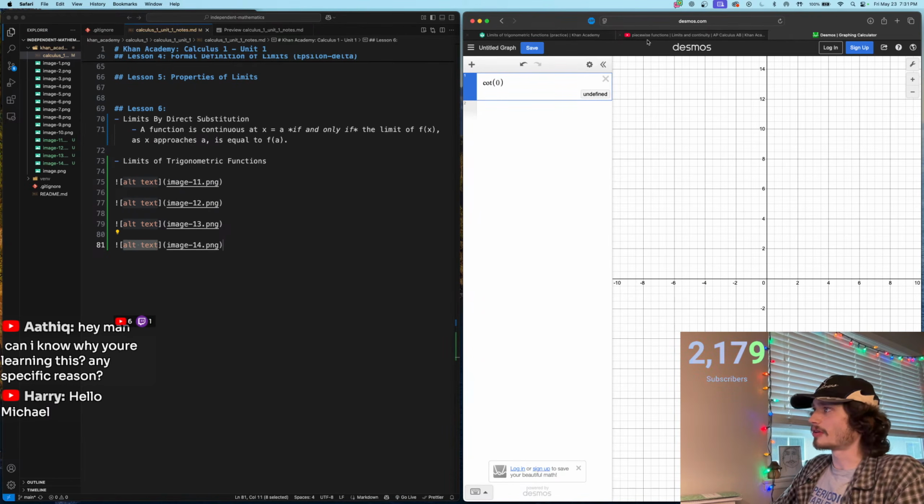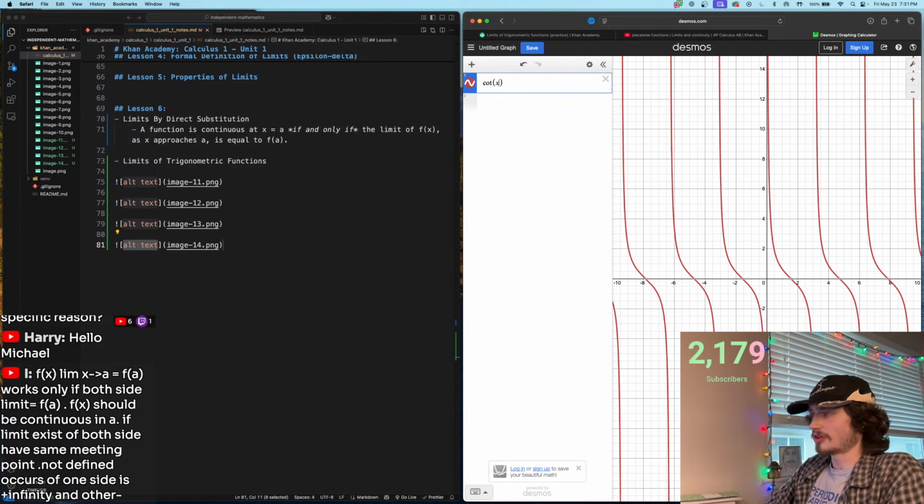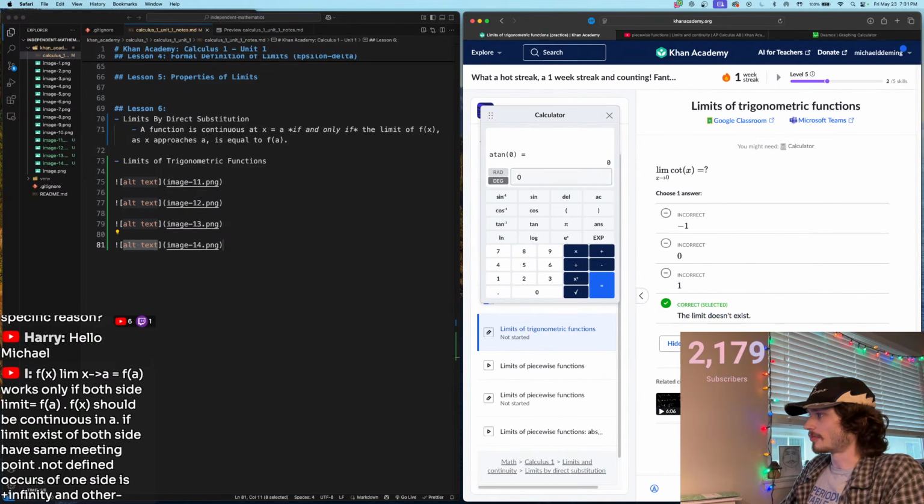It's undefined. So let's look up cotangent of x. Let's see, at 0 we have an asymptote. Okay, so that's why we're undefined. So how would we be able to do this? Even though it gives us 0 here on a calculator, it doesn't say undefined. Can we say,